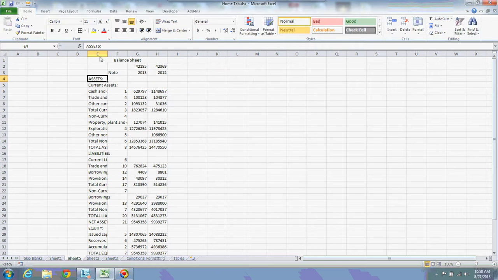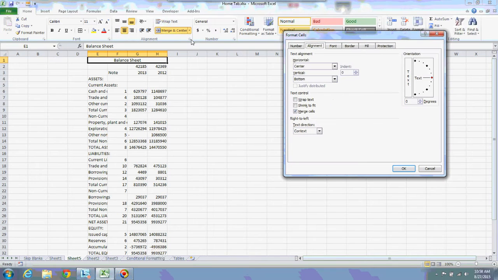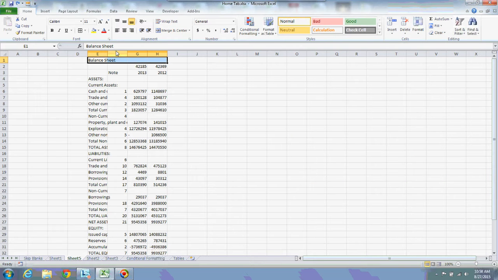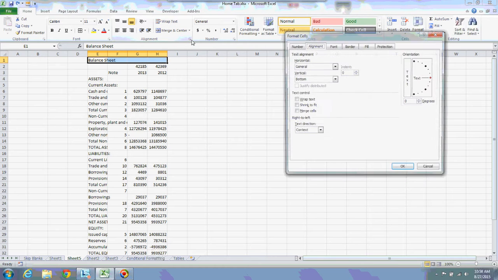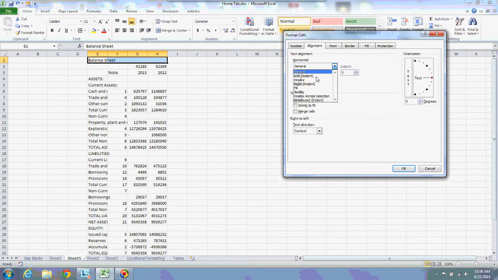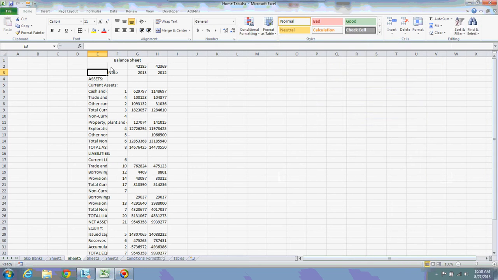Then what is the difference from the earlier merge? See, if you observe this one, earlier we have done the same with center across selection. Then what is the difference? I want to show you what is the center across selection. I am selecting this area and going to horizontal alignment, center across selection. When I click OK, I am also getting exactly the same result as in merge and center. Then what is the difference between merge and center? Now I am selecting this area, I am clicking on merge and center.